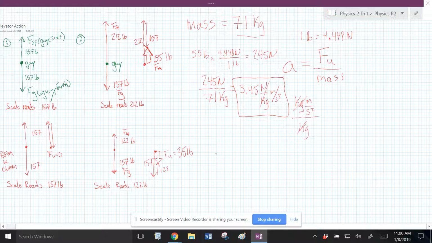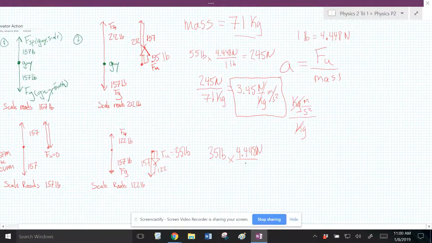All right, 35 pounds. So similar type of thing. I'm going to have to take that 35-pound FU and convert it into newtons. There's 4.448 newtons for 1 pound. So 35 times 4.448 is 156 newtons. So it's a little bit smaller unbalanced force here, 156 newtons. And again, I take that 156 newton FU and divide it by